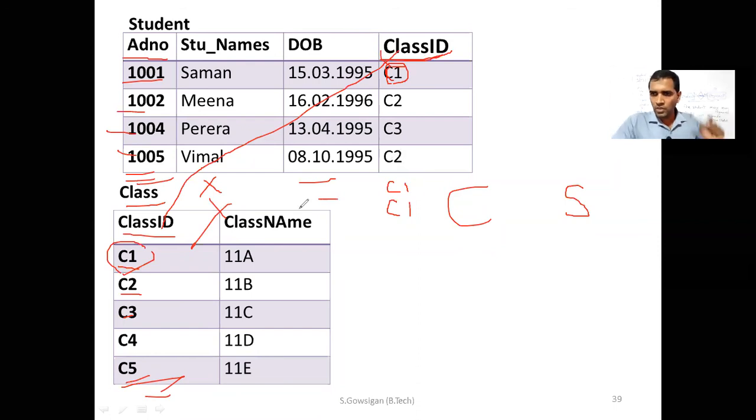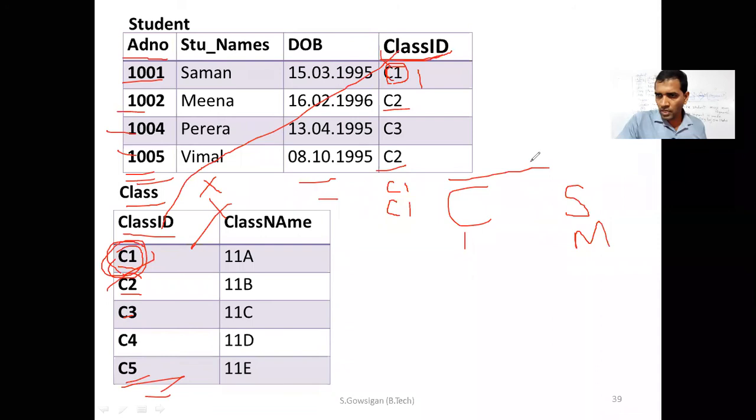So now it's very simple. Look here. In the class table, I take a number, C1, right? One data. How many similar data are found in the student table? Many. Have you understood? In the class table, I take C1, but in the student table you can't say only one, because in these 4 records it is 1, but there may be many. So definitely it is many. And check C2. C2 also has data entered 2 times. So many times. So from class to student, it is one to many.